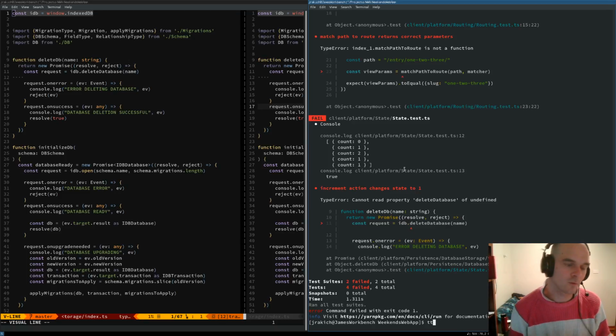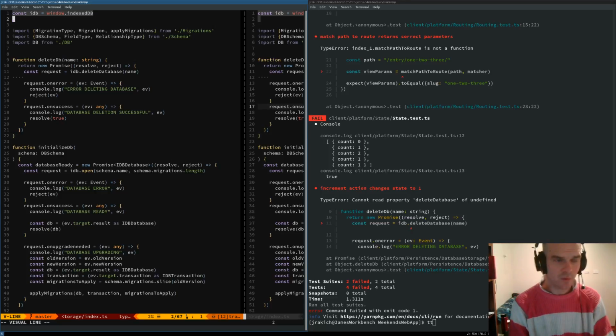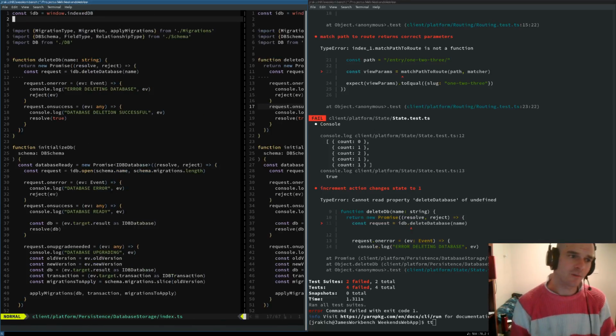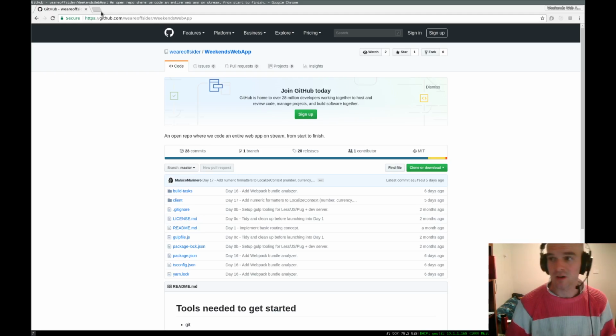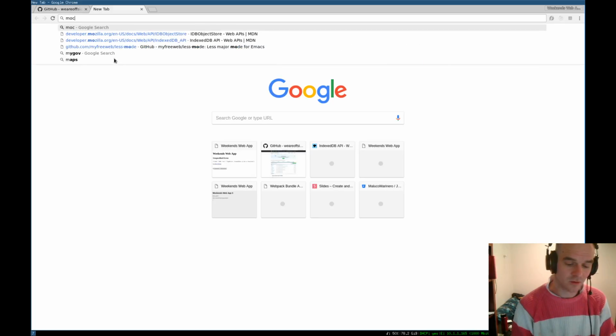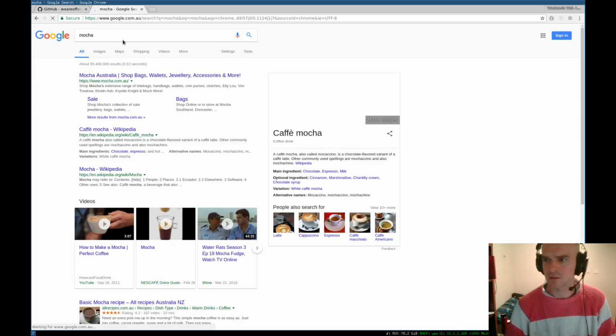But yeah, as it stands, this isn't a tenable way to be moving through our test situation. So despite the fact that we went through the effort of setting up Jest, I'm afraid we're going to have to go down the road of setting up Mocha or something like that instead. As far as I know, Mocha does run in the browser, so that's going to be my first port of call here to get around this.